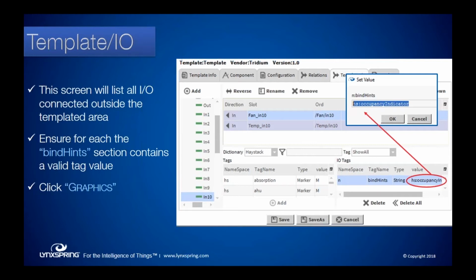When I deploy this template, it's going to go out and it's going to find everything in my station that has that tag, and it will give me a list of them. And it will say, which of these do you want to connect to? If you have something that's an input, by default, it will allow you to connect to one item. That's because we have a default of one item, unless you've got the fan in turned on.